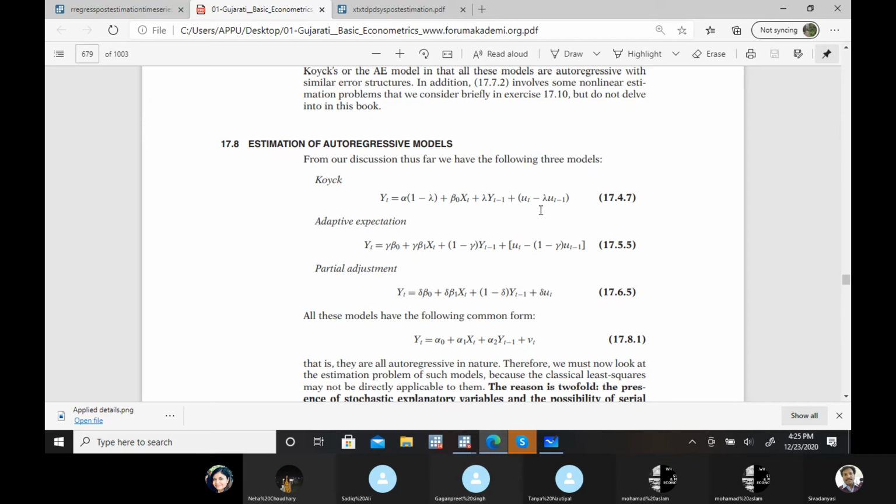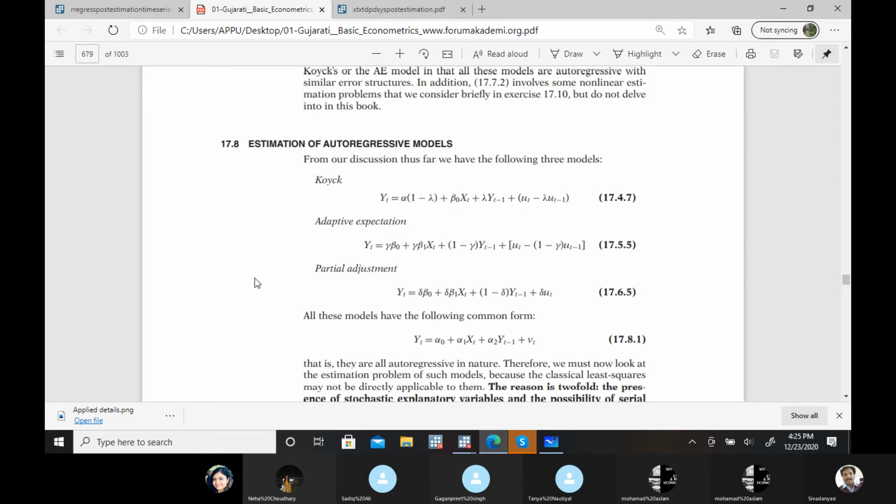Then the question is how we find that particular variable, which is uncorrelated with the residual and highly correlated, meaning we need some other variable in place of this y t minus 1. That is the instrumental variable solution for this particular problem.